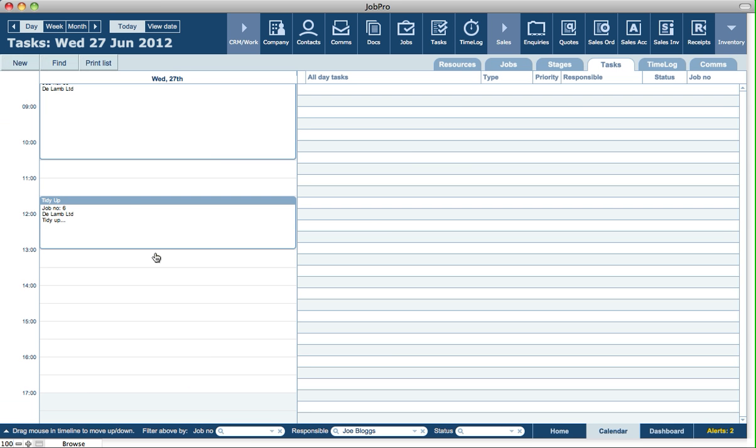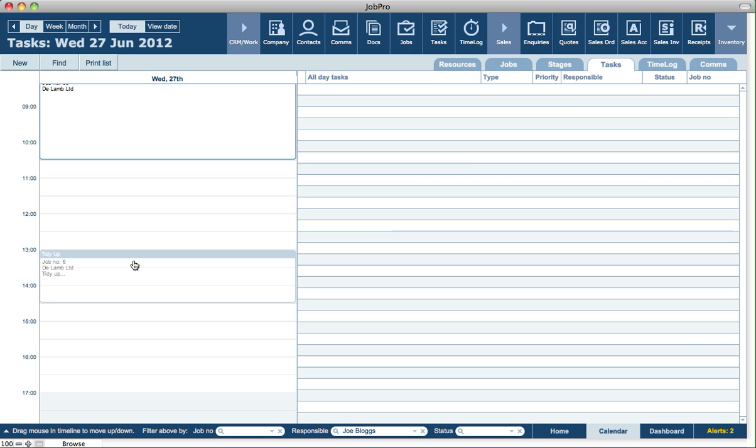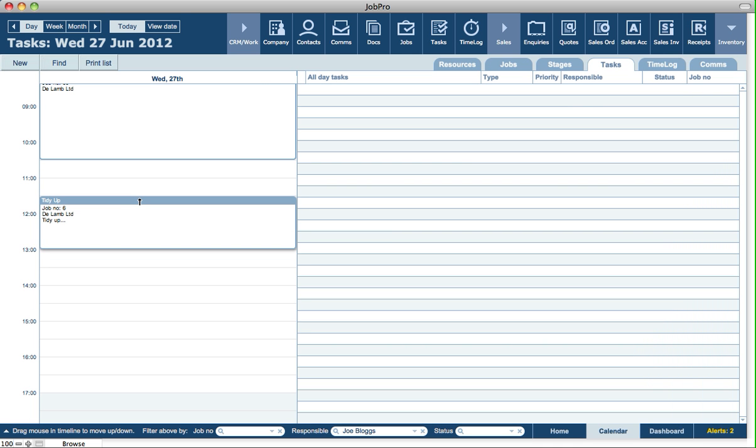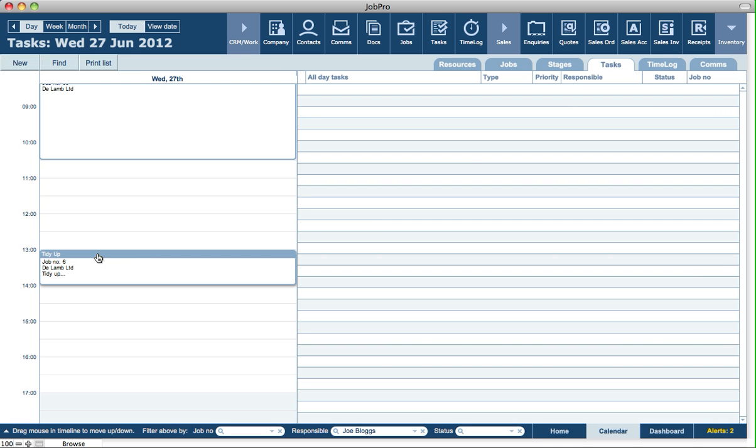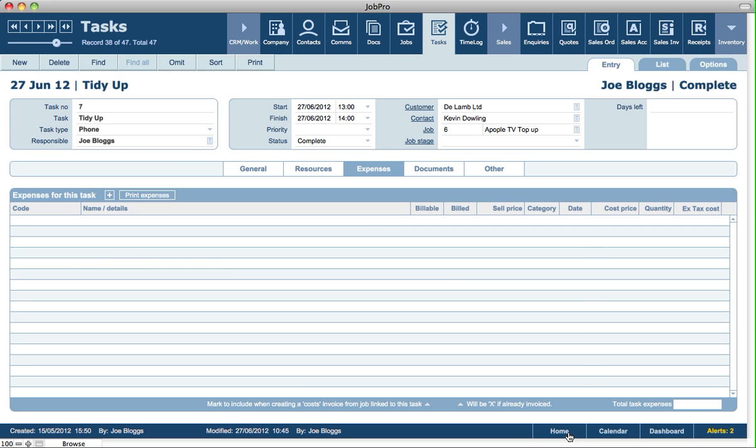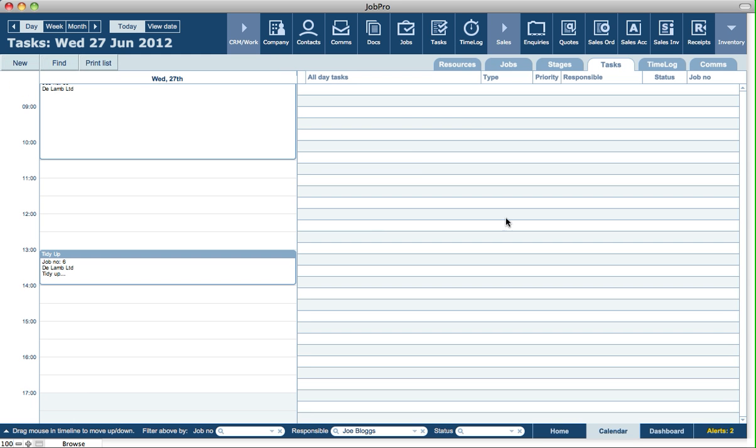or we can filter out by all employees if we have the access privilege to do that. We can then move around tasks on the screen, change the duration, or double click on a task to bring us straight into the task module. We can create all day tasks from here as well. But also on the week